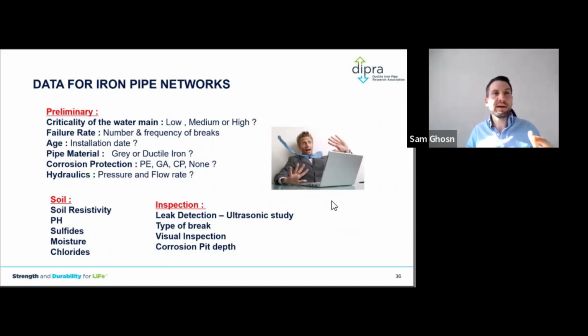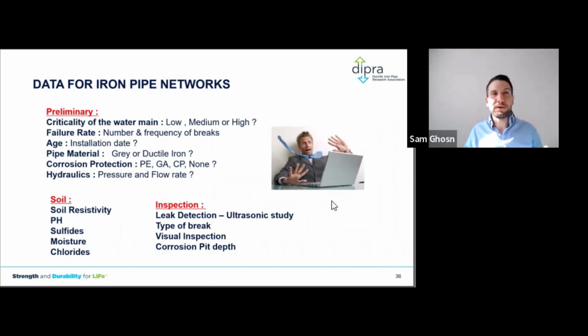Installation date, like I said, is an indicator of possible age and possible corrosion. Now, if I do a condition assessment on that main, and I know that the corrosion rate is extremely low, and it's already been in service for 100 years, there is a 99% chance that this main will be in service for another 100 years, because you know the corrosion rate, you know how long it's been in the ground, and the soil did not change because you did not remove that pipe out of service.